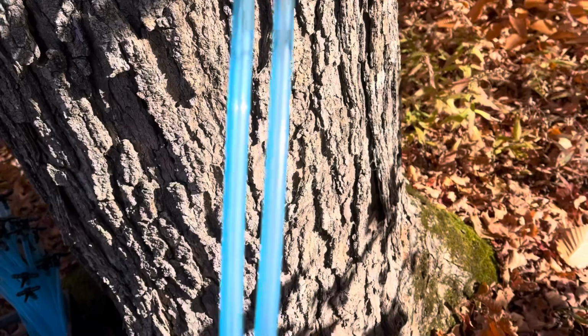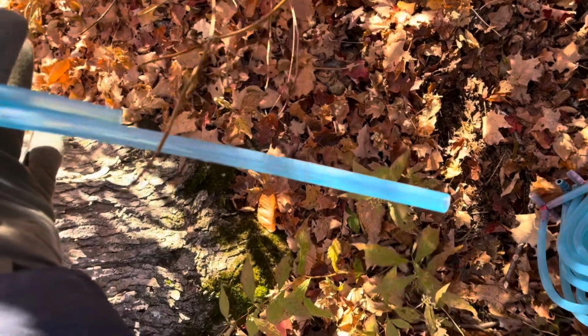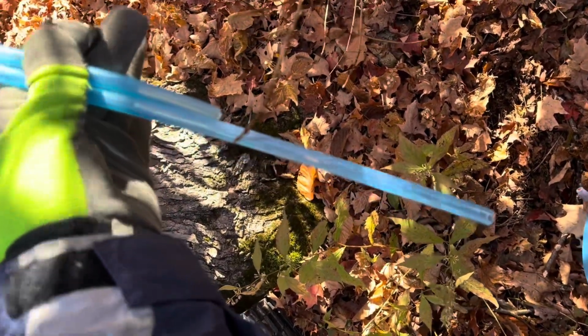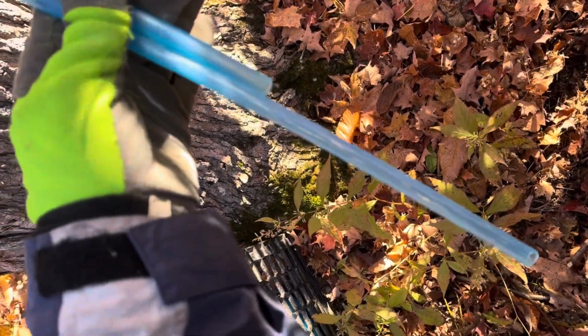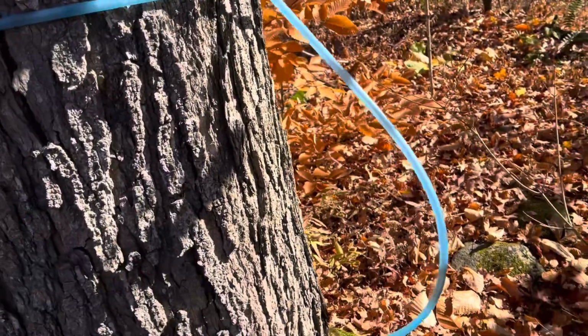Let's see if I can get that to stick. Okay. Hook it right there. See the difference in length there? It's a good 6 or 8 inches depending on what you measure with. Yeah, so these drops right here that we're replacing are probably,